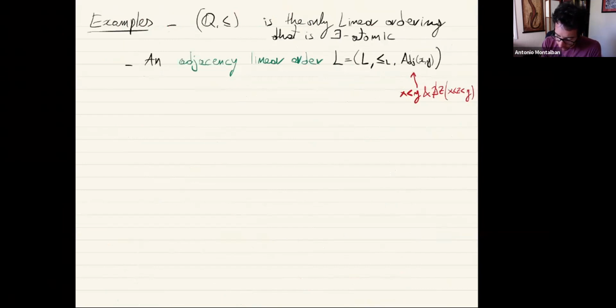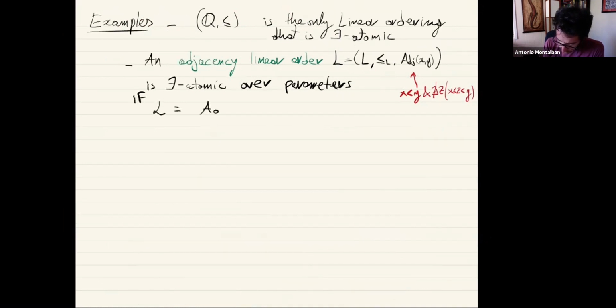Okay, so an adjacency linear ordering is existentially atomic over parameters if and only if you can write L in this form, where each I is one of these: